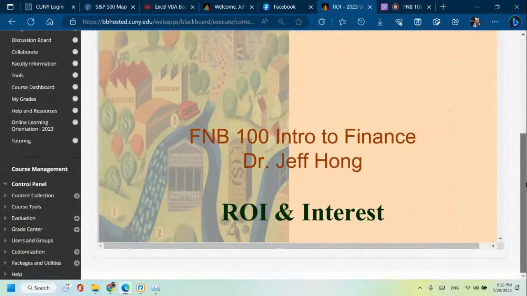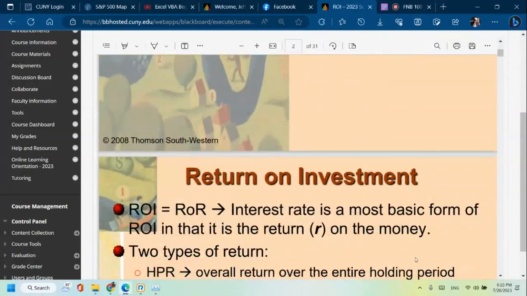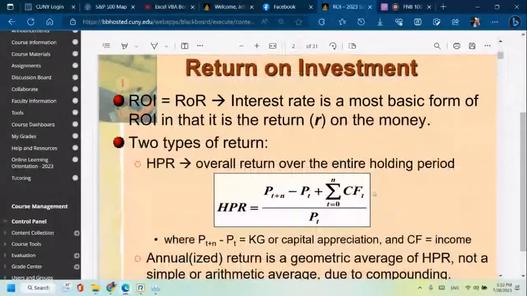So we are starting with return on investment and interest. Interest rate is obviously the basis of all macroeconomics, especially monetary policy. But then how is it related with ROI, return on investment? So we need to define what return on investment is. Return on investment is also a rate of return, right? So in other words, that means